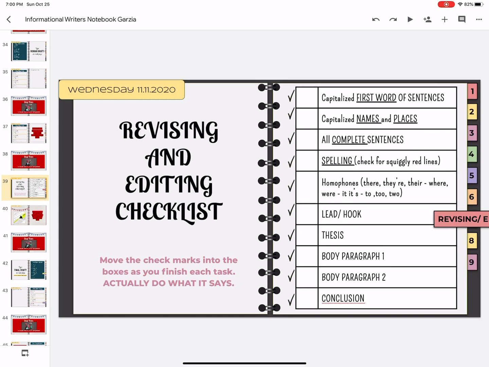On this checklist you see capitalize. You're checking to make sure you have capitalized first words of sentences, capitalized names and places. All of your sentences are complete. All of your spelling is good to go, meaning you check for the red squiggly line. You should not have any red squiggly lines. Homophones, these might not necessarily get the red squiggly, even though they're spelled wrong, because it's spelled correctly, it's just